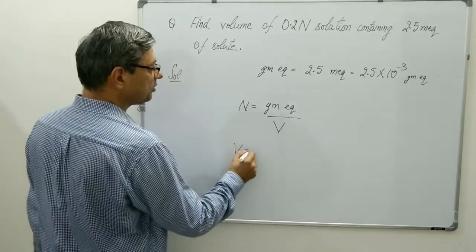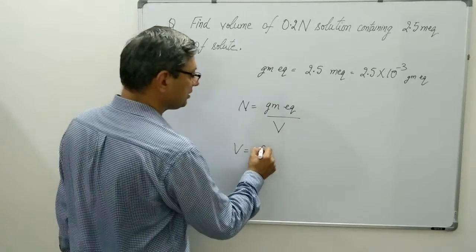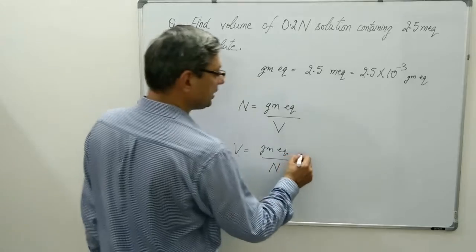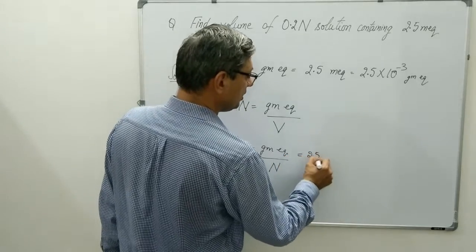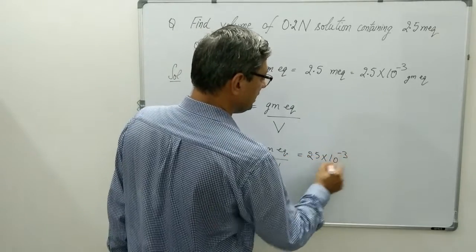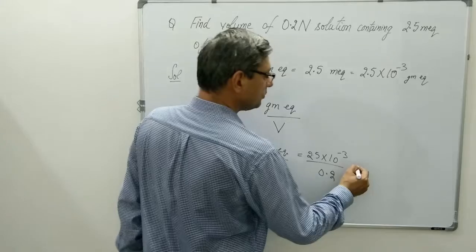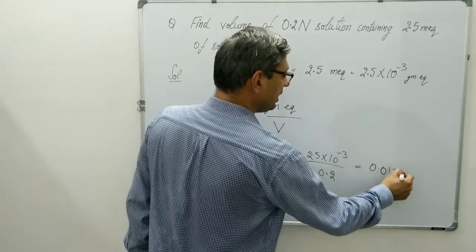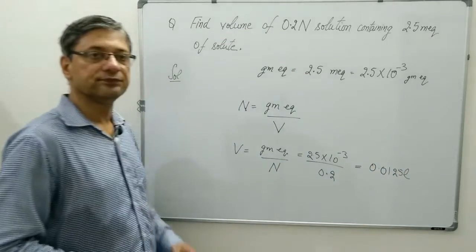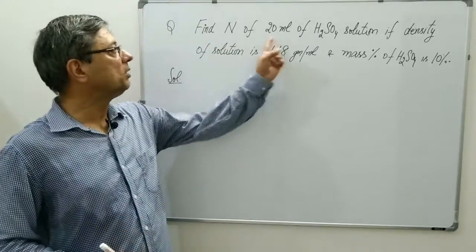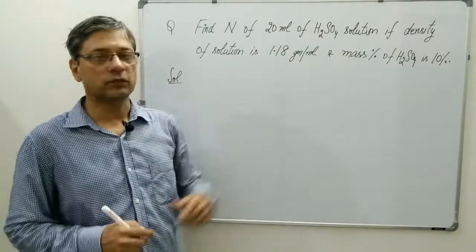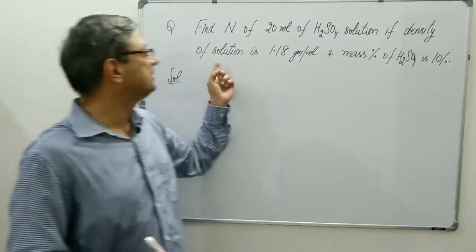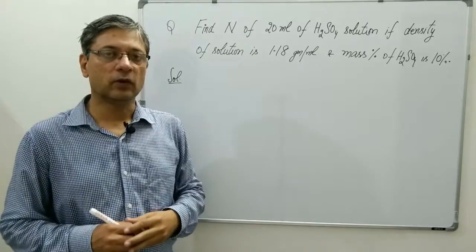Therefore volume will be equal to gram equivalent upon normality. Putting the values, we get 2.5 into 10 to the power minus 3 divided by 0.2. On solving, the answer will come out to be 0.0125 liters. Next. The question says find the normality of 20 milliliter of sulfuric acid solution if the density of the solution is 1.18